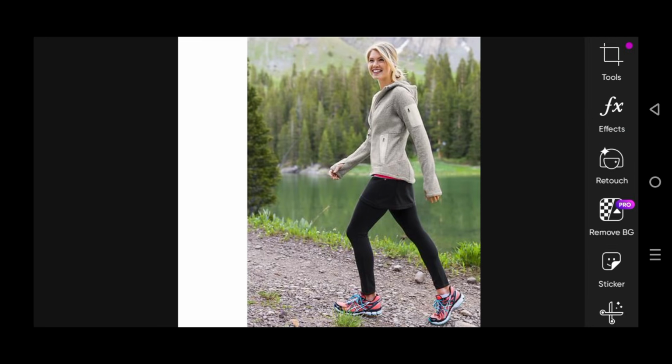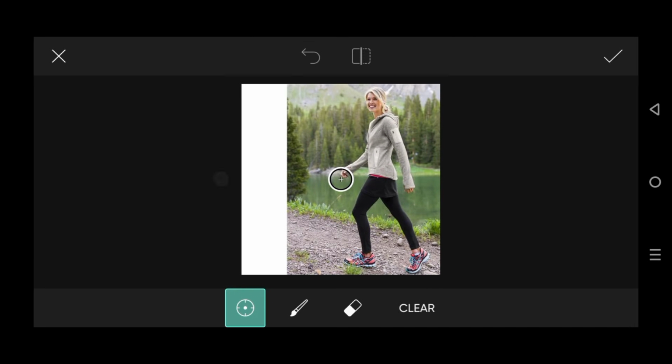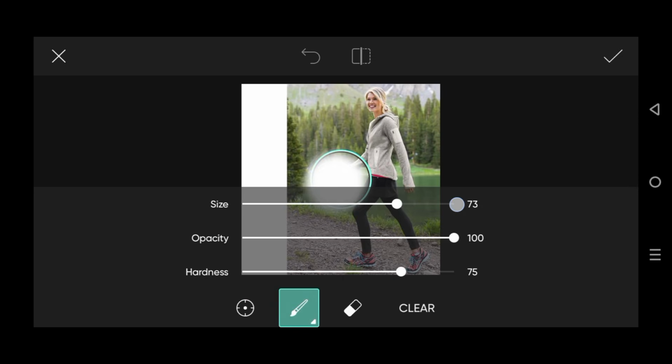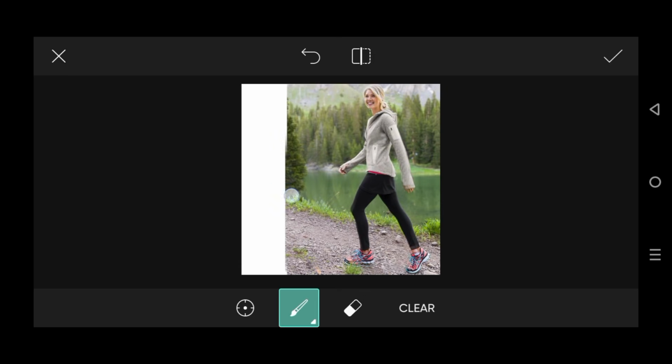Now guys, I would go to the tools options, where we are going to learn how to make the clone image. I would click on that clone. You know that in that clone image we could create similar pictures of the original.